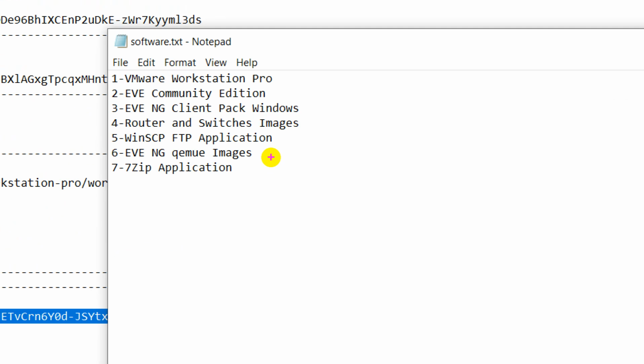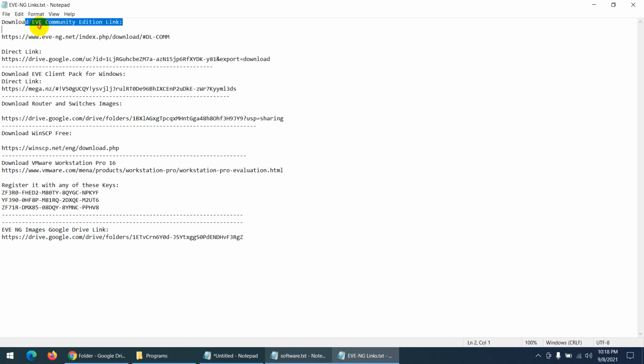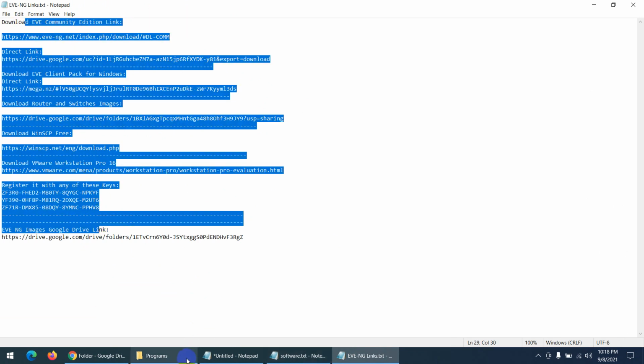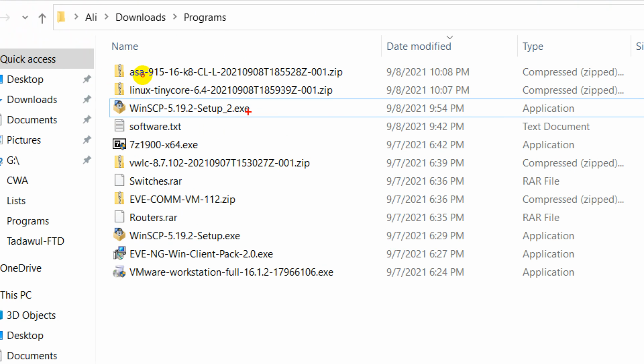So we download these 7 applications: VMware Workstation, Eve Community Edition, Eve Client Pack, Router and Switches images, WinSCP, Eve-NG QEMU images, whatever images we require, and the 7-zip application. And we use all these links. Okay, and I put them in one folder. So here is WinSCP, and this one is 7-zip, switch images, router images, Eve Community Edition, Eve Client Pack, and